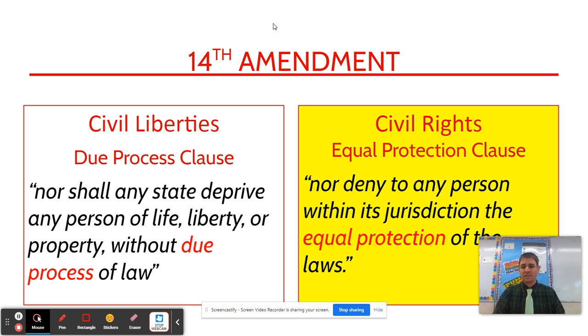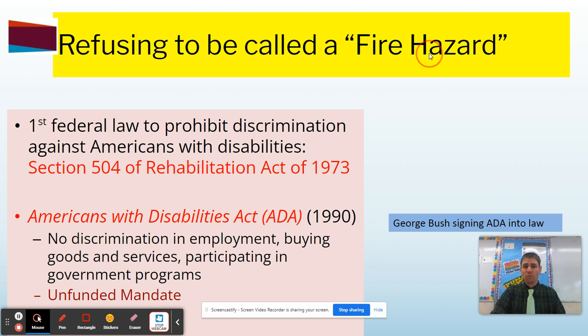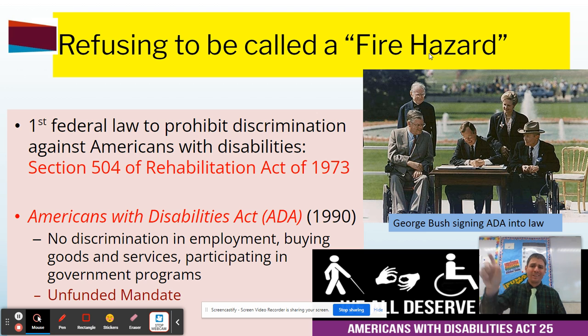So civil rights is found primarily in the 14th Amendment. For me, the 14th Amendment is the most important, the most significant amendment, largely because of the Equal Protection Clause, that the laws will apply equally to all citizens, regardless of one's background. We're going to skip the first bullet point, but please write down the second.